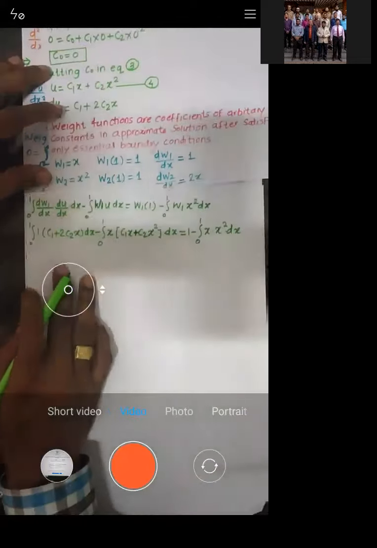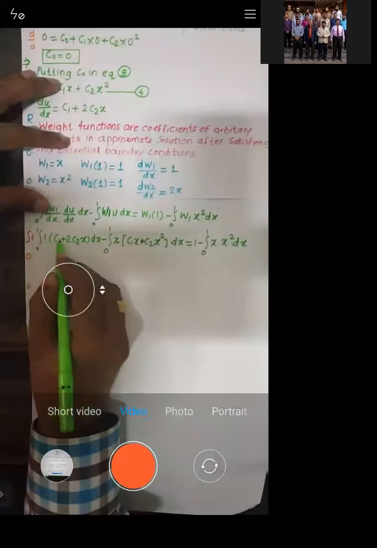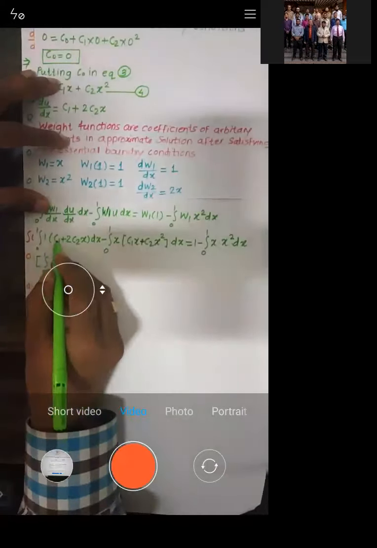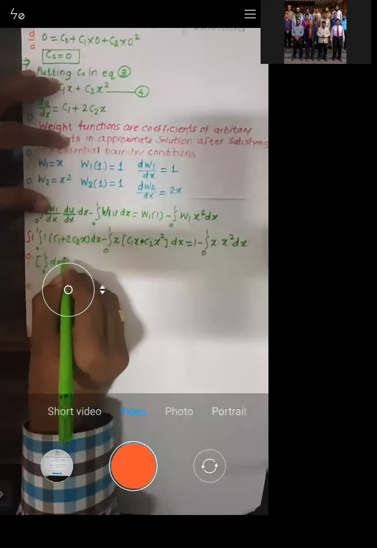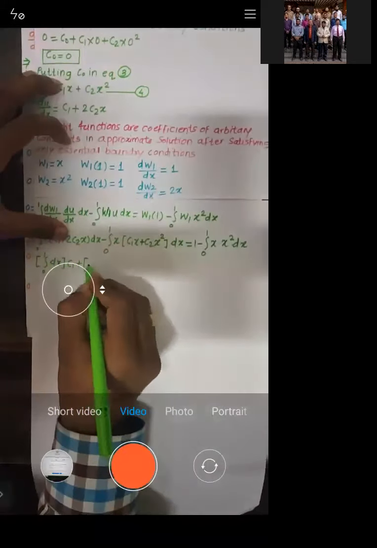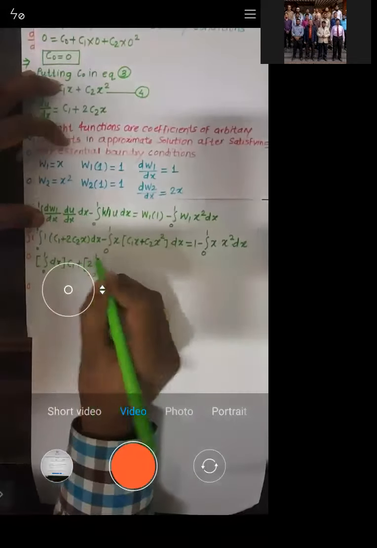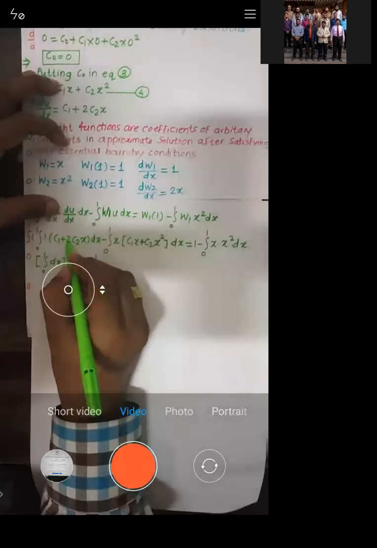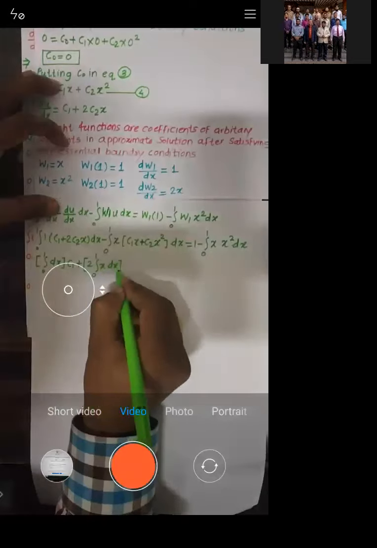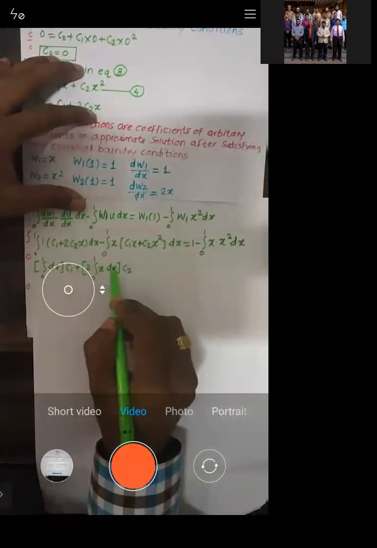Let's solve this equation. So what do we require? We need to integrate this term, right? So 1 into this term is c1. We'll just integrate from 0 to 1 c1 into dx, so I'll write down dx c1. Then plus, I'll write down 2, integration 0 to 1 x dx, times the coefficient c2. You can see 2c2x dx, right?